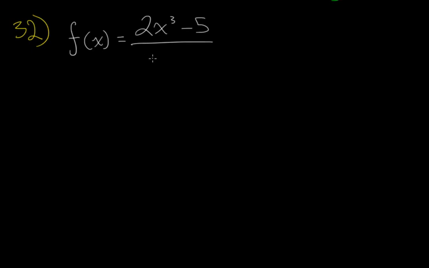Alright, the next problem, 32, gives us f of x, good old f of x, is equal to 2x cubed minus 5 over x squared plus x minus 6. Okay, so this one needs to be factored in the denominator. And when we factor it, you should get x minus 2